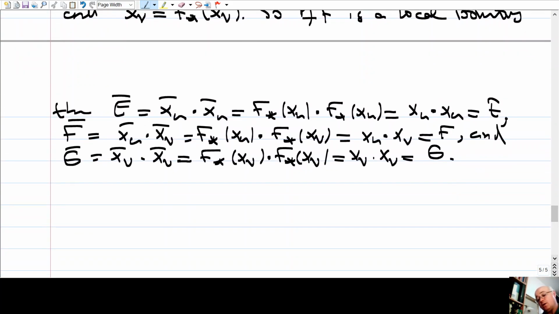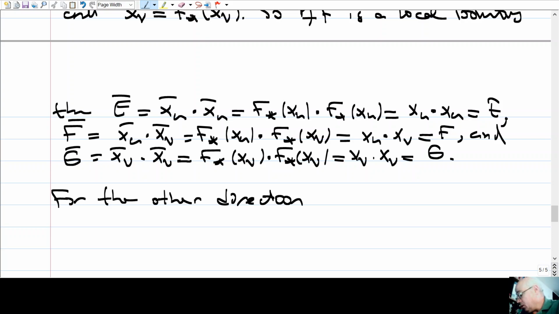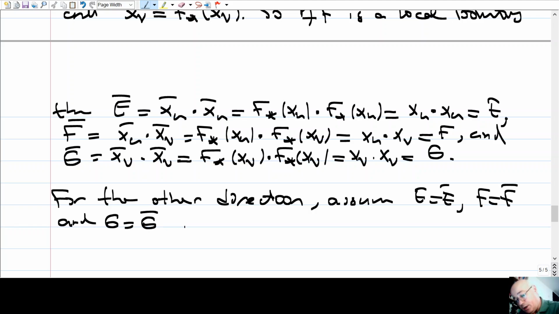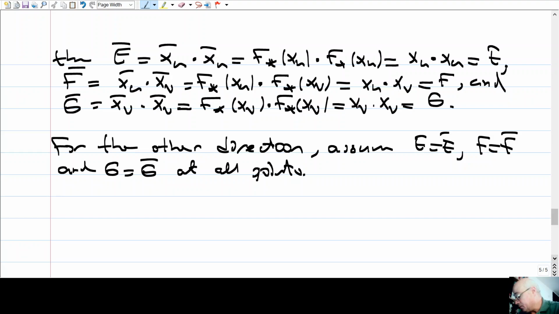For the other direction, conversely, let's assume E equals E bar, F equals F bar, and G equals G bar at all points. Okay. Then